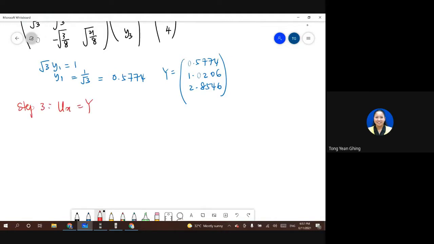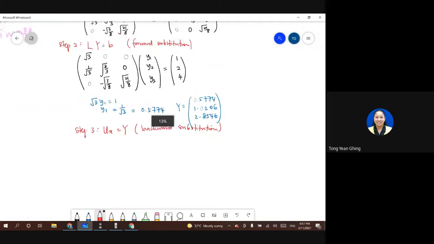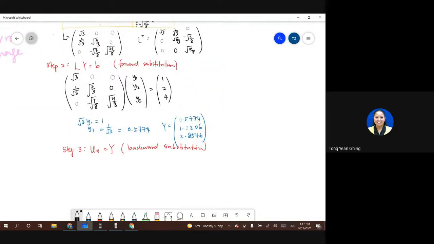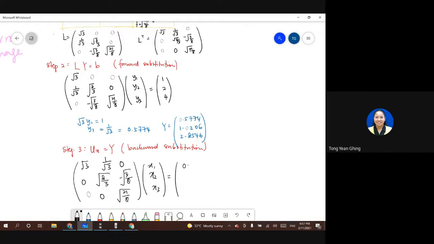Okay, and then continue with step 3, U x equals y, where we will solve for x using backward substitution. So U is the transpose, x1, x2, x3 equals 0.5774, 1.0206, 2.8546. Okay, so using the calculator,